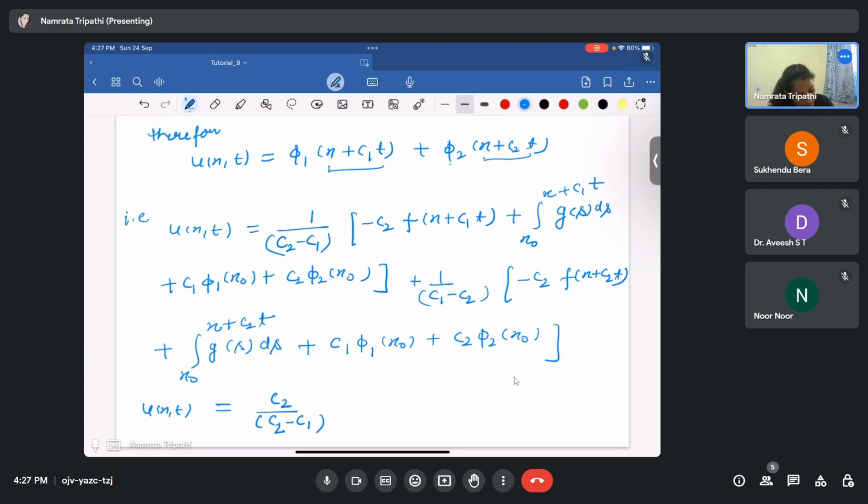Okay, this is c1. This is C1 and this is C2. If we write this expression first and the second expression,